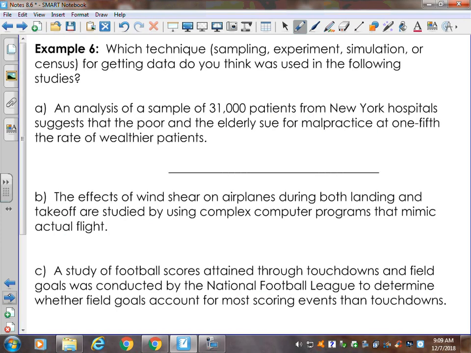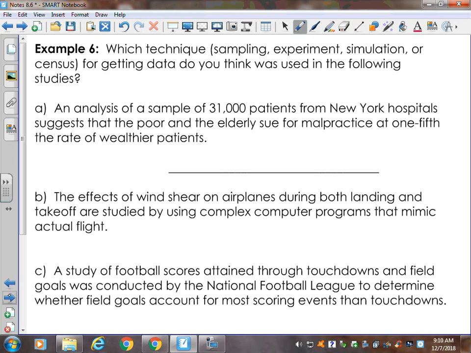All right, in this next question, we're choosing between sampling, experiment, simulation, and census. Remember, the difference between sampling and census is, with sampling, you take a small group. Census, you have the entire group. Experiment, you did something to see what the result would be. And simulation, it's something you can't do physically due to the amount of time it would take, or it might